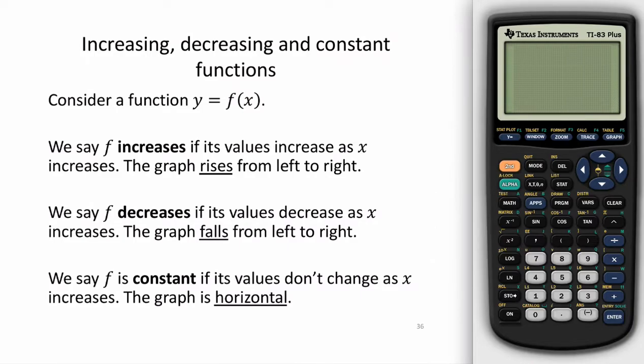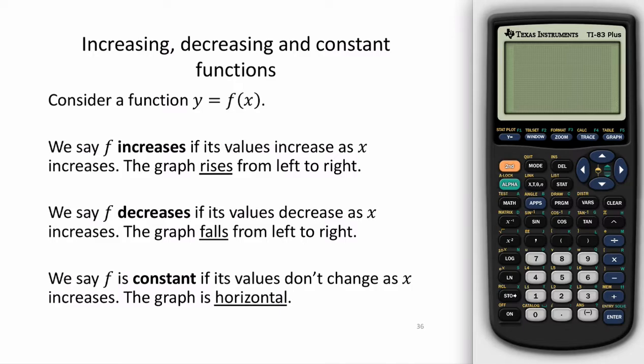So domain and range give us the crudest way of describing the behavior of a function. The domain would be the set of possible inputs for that function, the set of all inputs. The range would be the corresponding set of all outputs. But now we want to describe any trends that we have in the data. And so one way we can do that is to talk about when a function's increasing, where a function's decreasing,